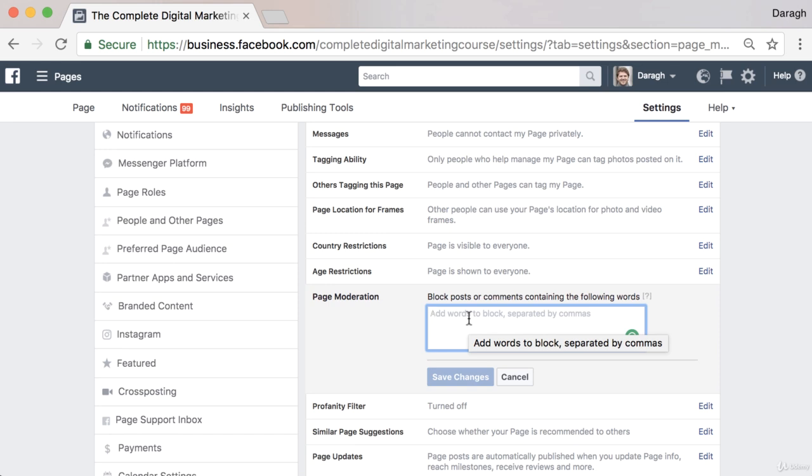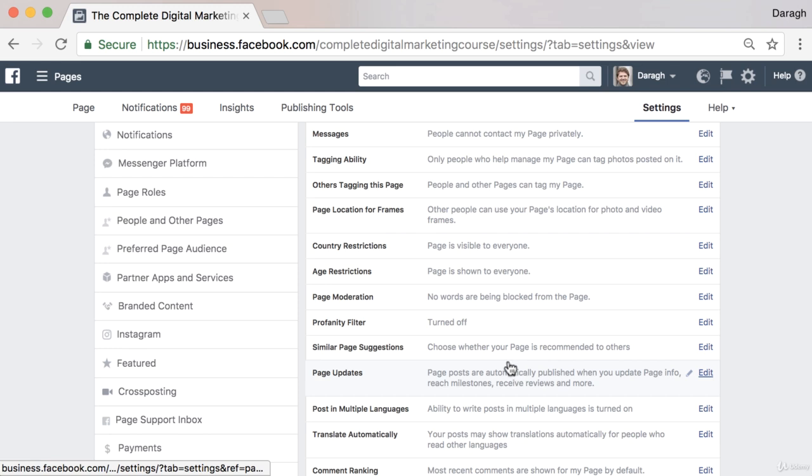They could even be competitors' names potentially, but if there are certain words like F-C-K, things like that, you can fill in the blanks. You could easily just block that out if they aren't caught by the profanity filter. So that's another setting within Facebook pages that can really help you keep it clean, keep it family friendly. So that is really a couple of additional settings that you can turn on if you want to really moderate